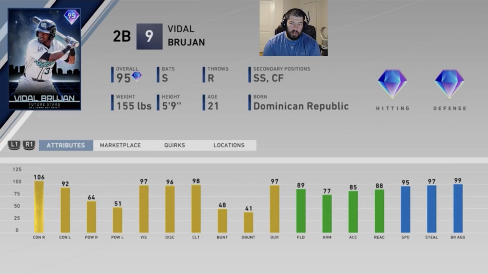He's a switch hitter, throws right-handed, can also play shortstop and center field. He is diamond hitting, diamond defense. Look at his attributes real quick. 106 contact versus righty, 92 contact versus lefty, 64 power versus righty, 51 power versus lefty, with 97 vision, 96 discipline, 98 clutch. Take a quick look at his fielding. His 89 fielding, 77 arm strength, 85 arm accuracy, 88 reaction, with 95 speed, 97 stealing, and 99 base running